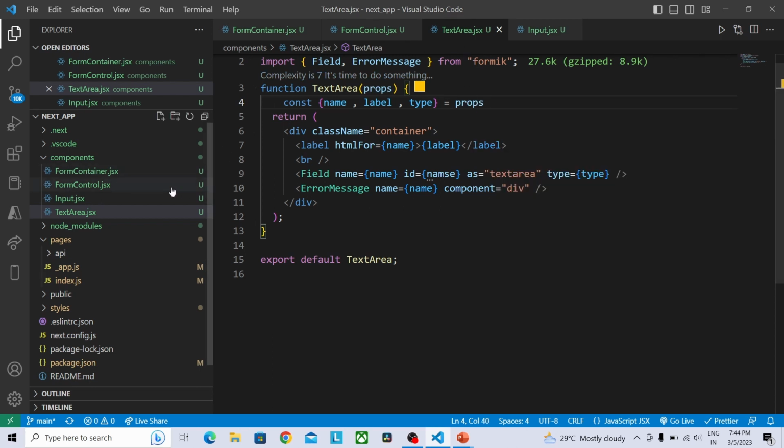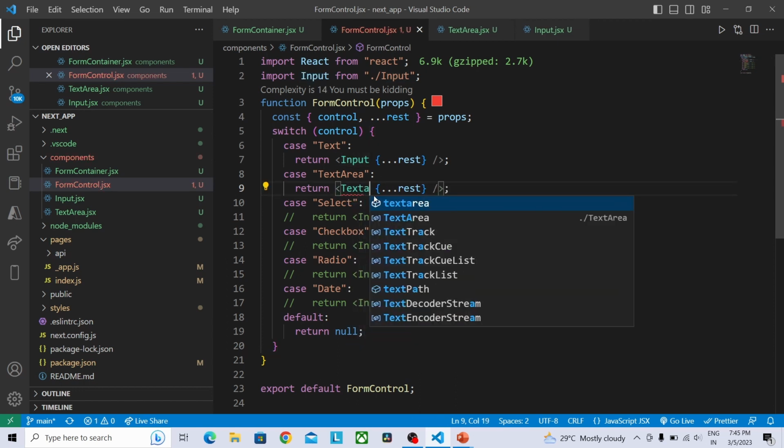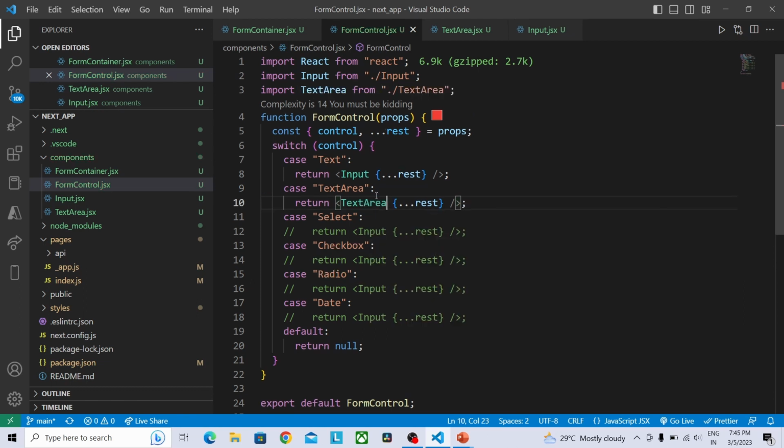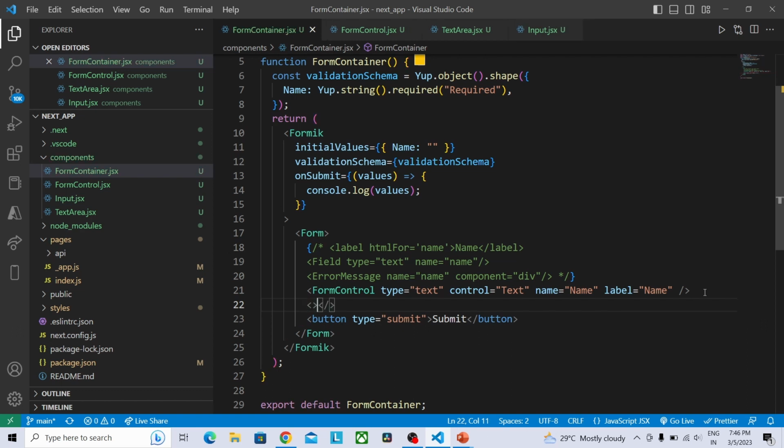So I'm going to place the textarea in the form control. Here we have an input. Instead of this input, I'm going to replace it with textarea. So the textarea has been imported and it is provided here. Next, after adding textarea in the form control, we have to provide the input in the form container. So here I'm going to provide the form control, and type textarea